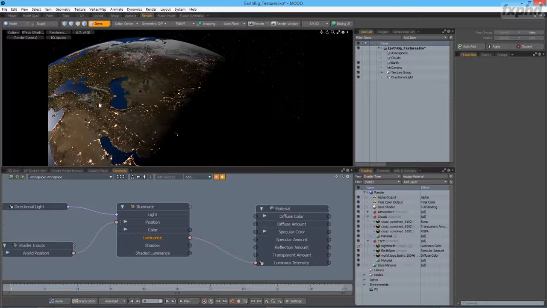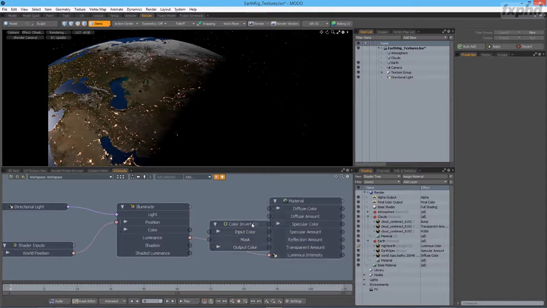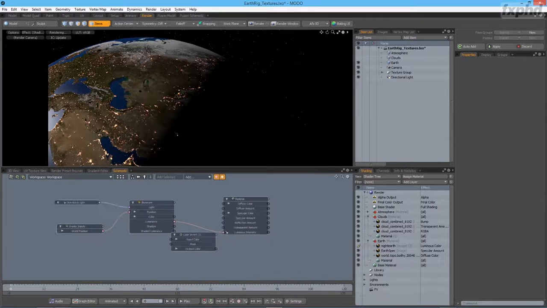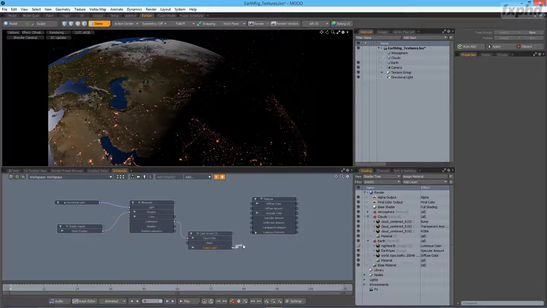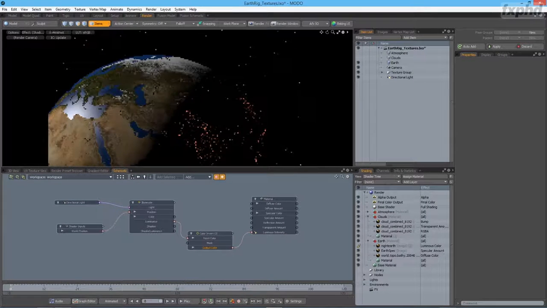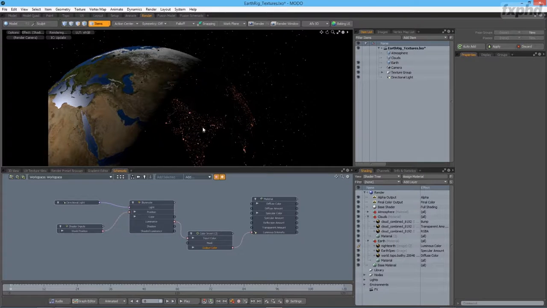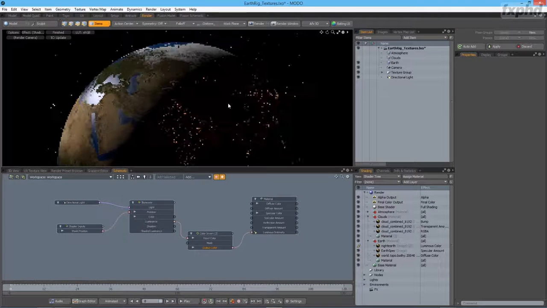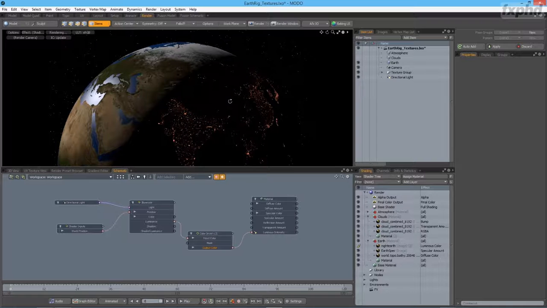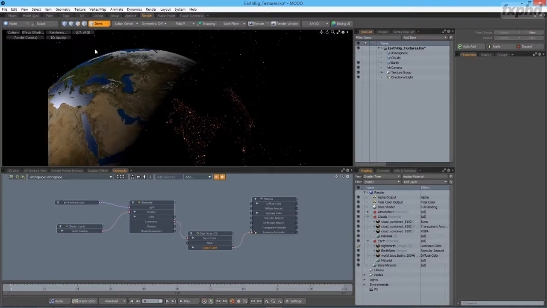luminance color based on the luminance intensity, but that's pretty easy because we can come in and go to channel modifier, color invert. Let me zoom out here, and I can plug this into color invert to our input color, and on our output color, luminance intensity. And here it is completely switched, so it's only showing the lights where the Earth does not have any sunlight